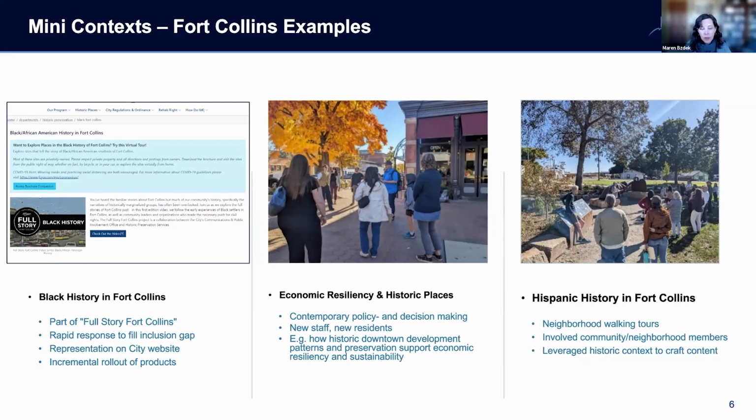There's some things that we are starting to do on an annual basis that provide some of those needs to our colleagues in the planning world and city government and local government world. And then on the right, just as a final mini context example,